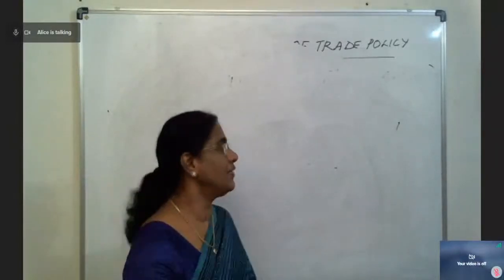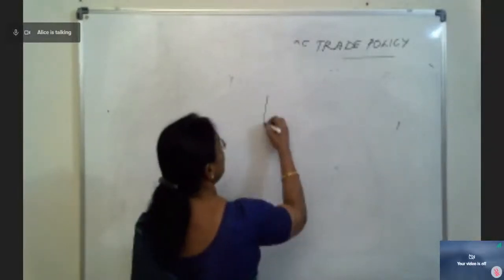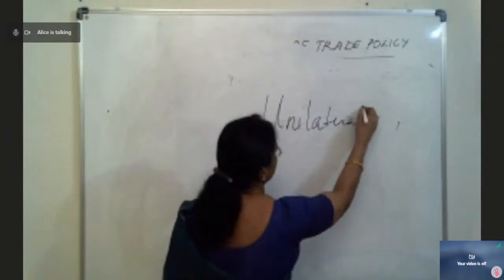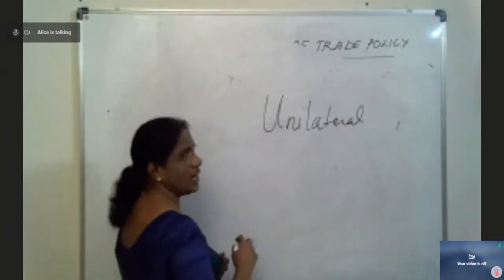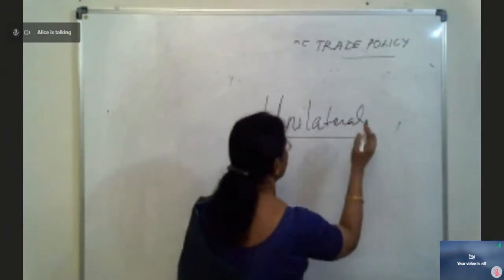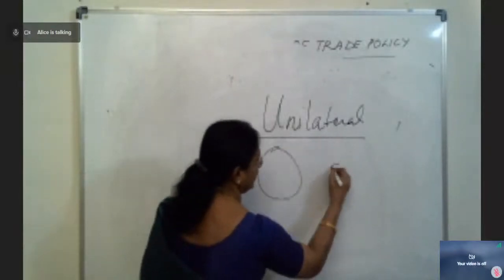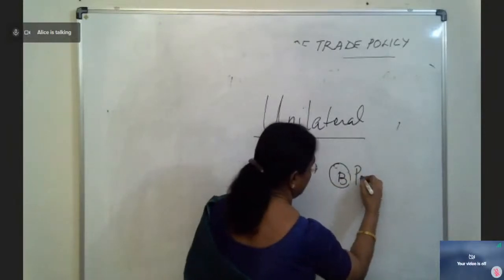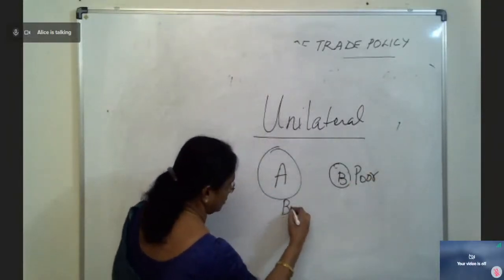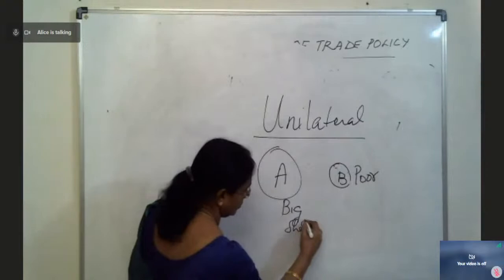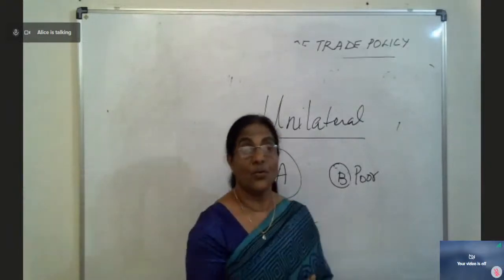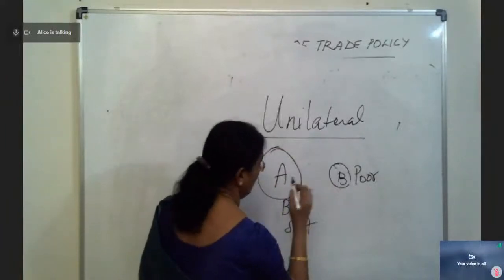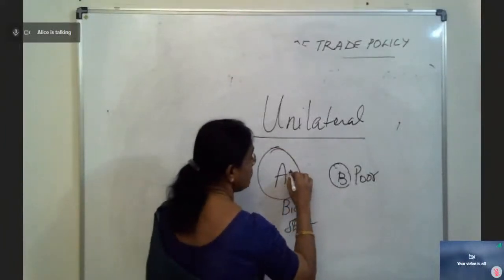Unilateral preferential. What is the meaning of unilateral? It is not a contract, okay? It is not a contract at all. Suppose there are two countries, A and B. B is a poor country and A is a big shot, okay? What will happen? B's country has to develop. So, A will give